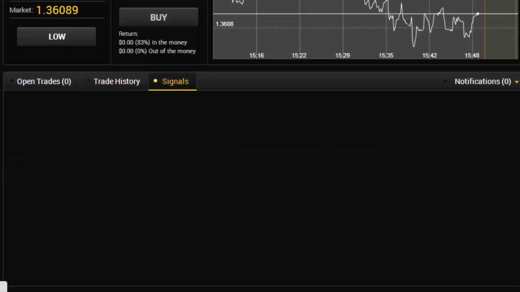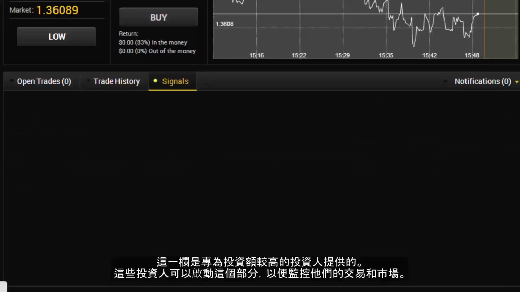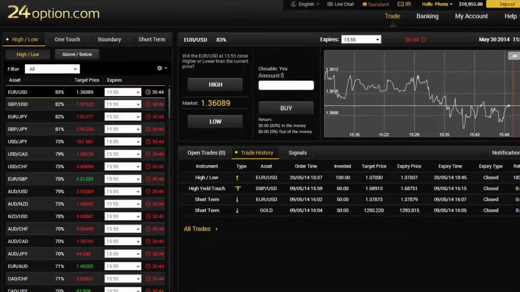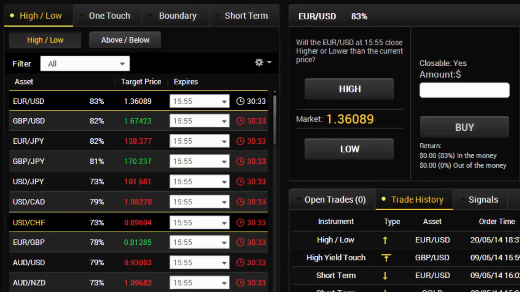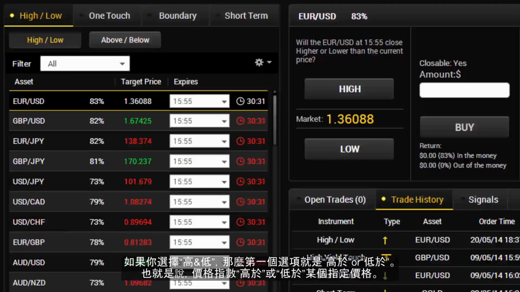Signal. Now, we will talk about what is called a signal. It relates to parties with higher investments, who can activate this section to monitor their trades and the market. In this section, you can see all the different types of trades like high and low, one touch, boundary and short term. If you choose high and low, the first option is higher or lower, which means higher or lower